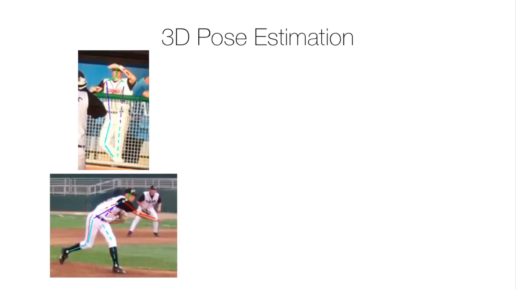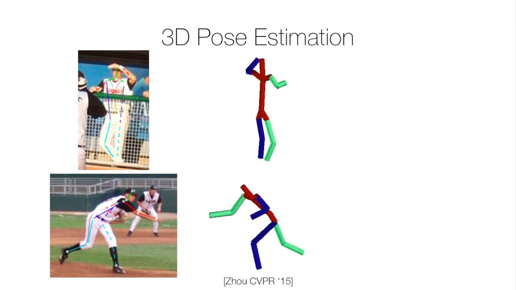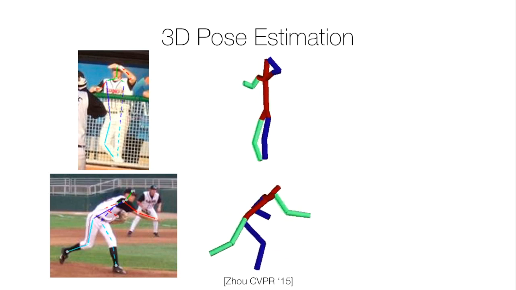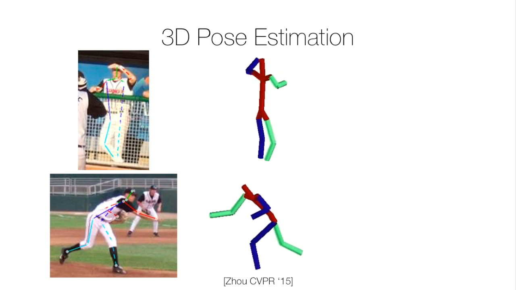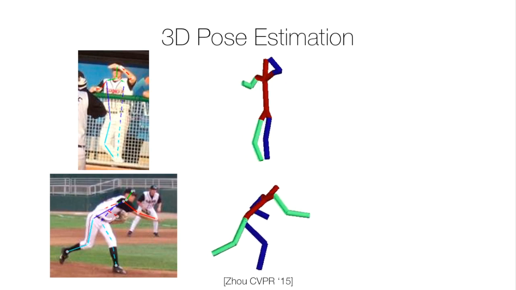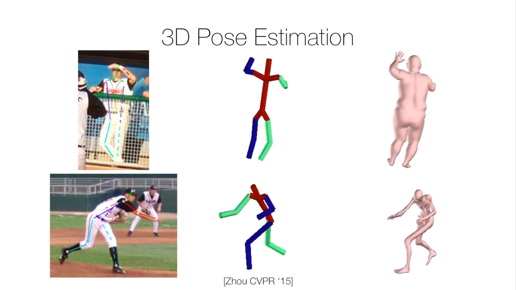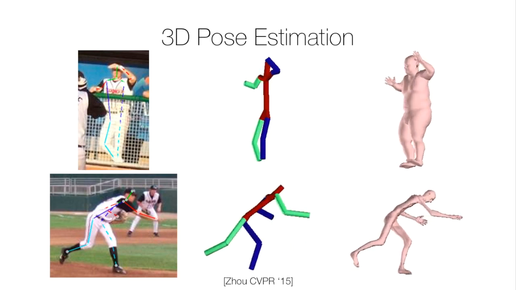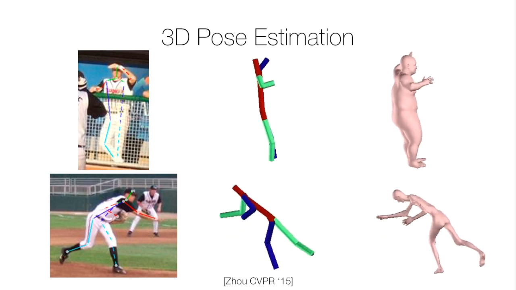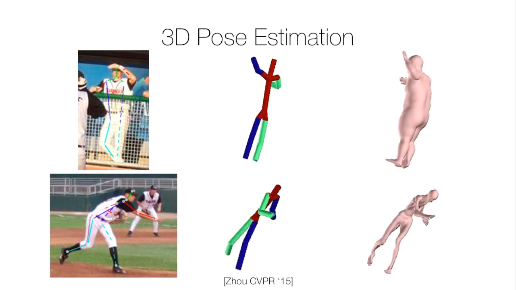So far, most methods in the literature focus on just obtaining the 3D pose as a skeleton, without the body shape. But the human body is not just a skeleton, it has volume. Here, the skeletons might look reasonable, but when we fit a body to it, then it's clear that it has unnatural body proportions, or that the shoulders and hips are too narrow. These errors are not obvious from just looking at the skeleton, so it's important to solve for the shape as